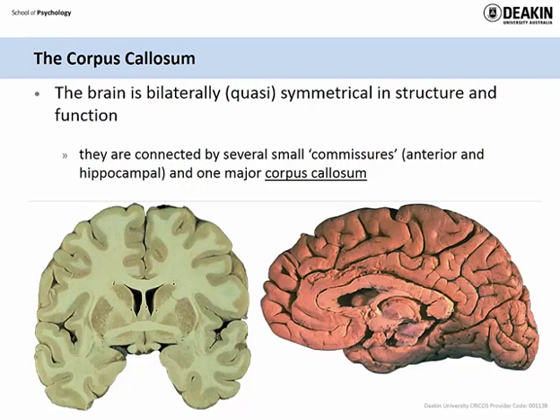Functionally, they're quite different. The first thing to note, and we'll revisit this again later, is that the two halves are connected. Now, the connections are shown here, and there are several points where these connections occur. The smaller areas are called commissures, and they are small regions of crossover. But the big area is called the corpus callosum, and it is shown as that white matter on the left